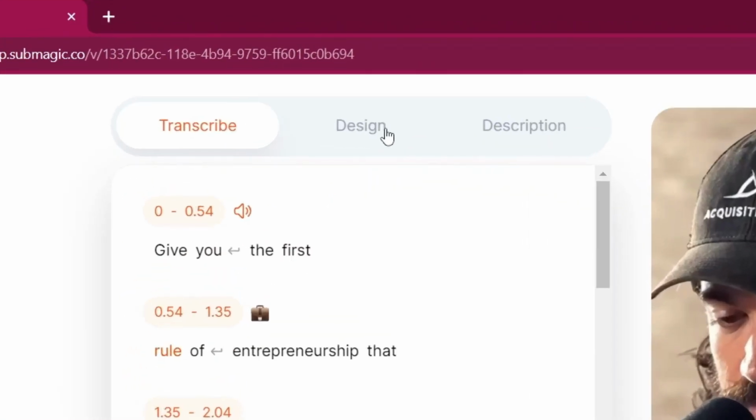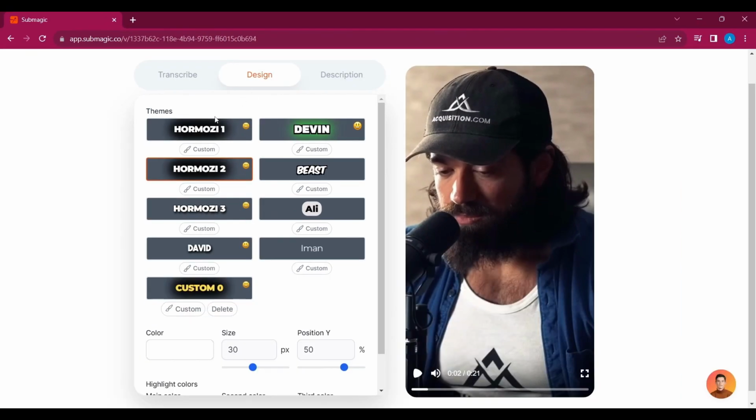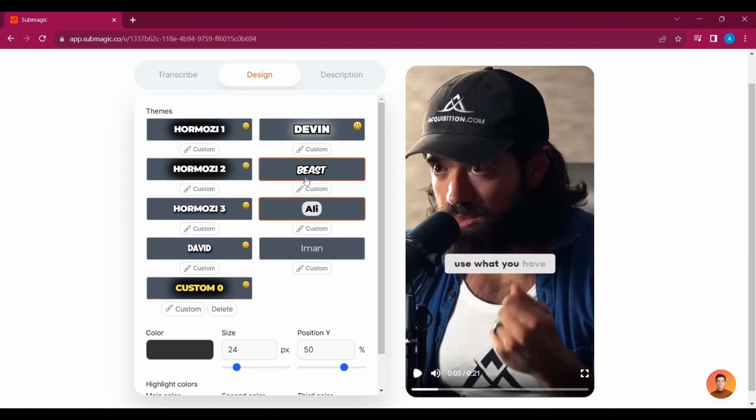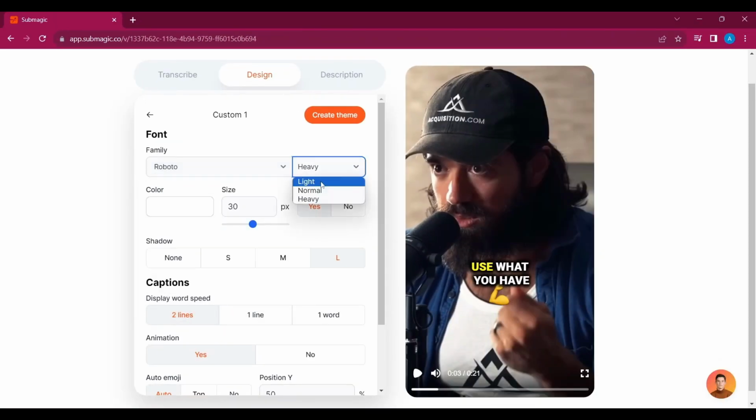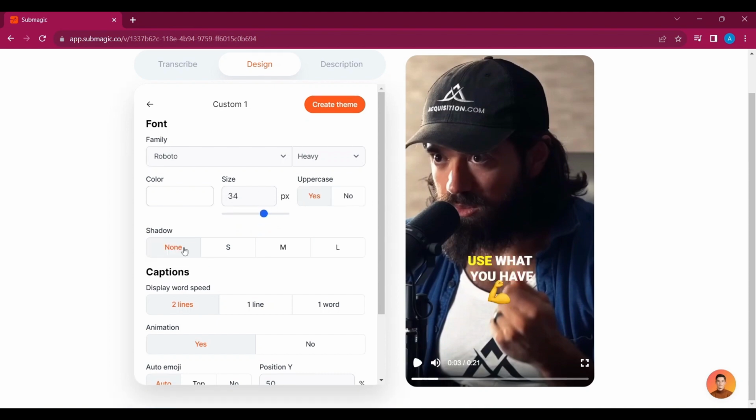In the top bar you can click on design and here are all kinds of themes from Hormozi, from David, from Devin, Mr. Beast, Ali and Imangatsi. And as you click on it, it automatically changes the style. If you click on custom, you can change the font. If you want the words to be light, normal or heavy. You can select the size of the words, if you want to have it in uppercase or not. If you want to add a shadow,